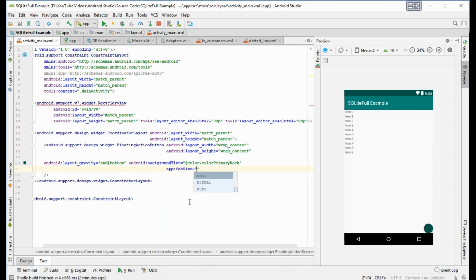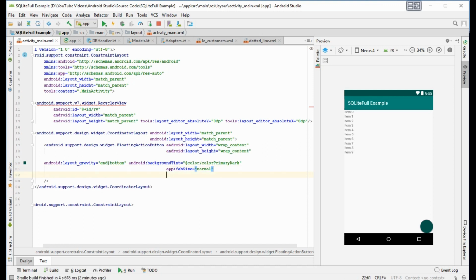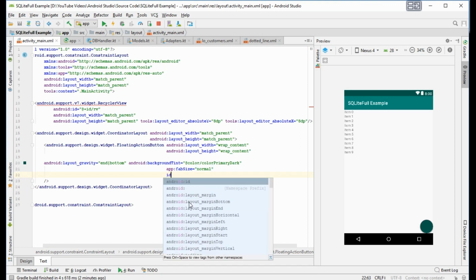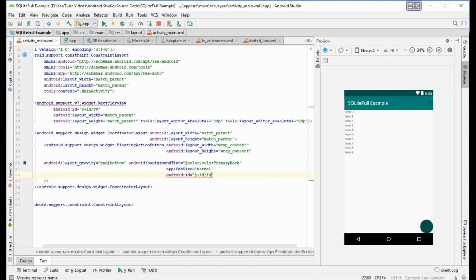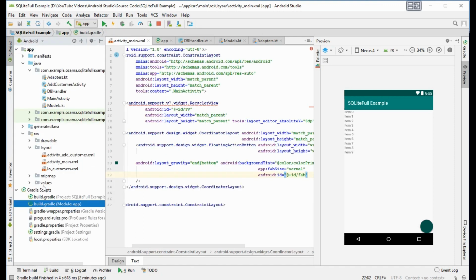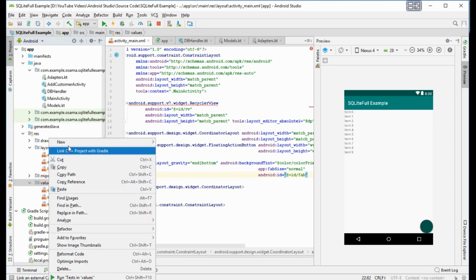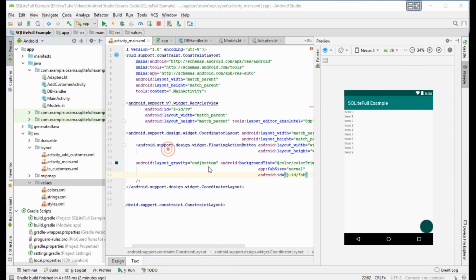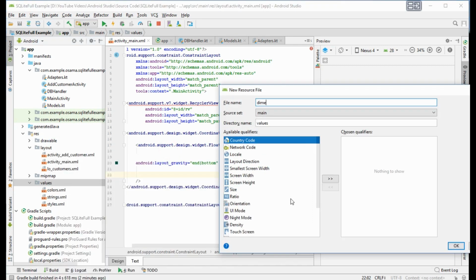The fab size, this is mini, and this is normal, it's bigger. The ID is fab, its name. Okay. And we will give it a margin now. Here in the values, new value resource, it's a dimen.